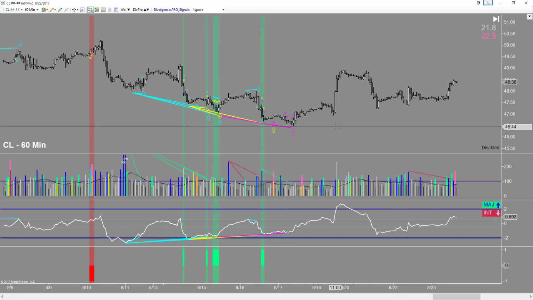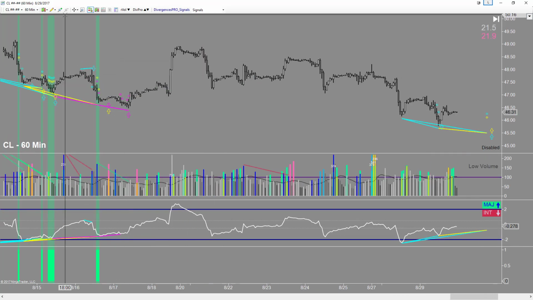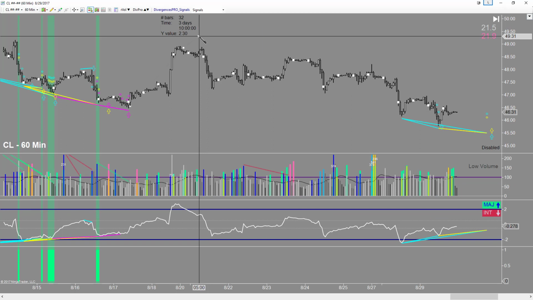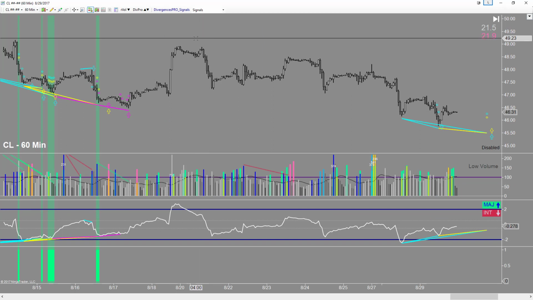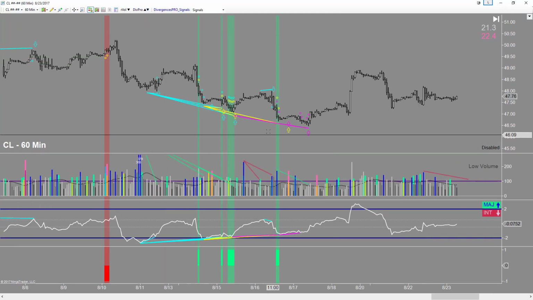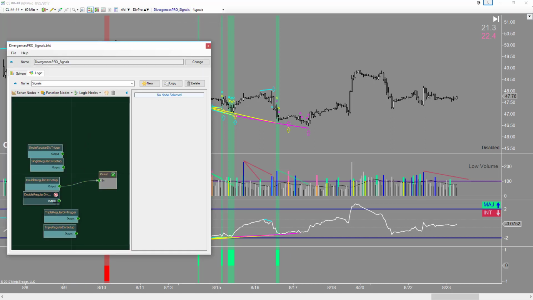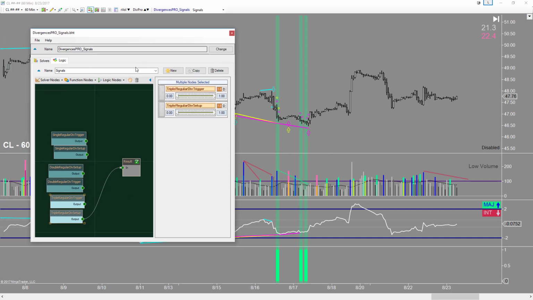As you can see here, this was a fairly major low that turned up about 230 ticks. Okay, so now we're identifying the double divergence setups and then the double divergence triggers here for the arrows, and now the triple divergence triggers, as we have two right here and the triple divergence setup bars. Okay, so that's all of the